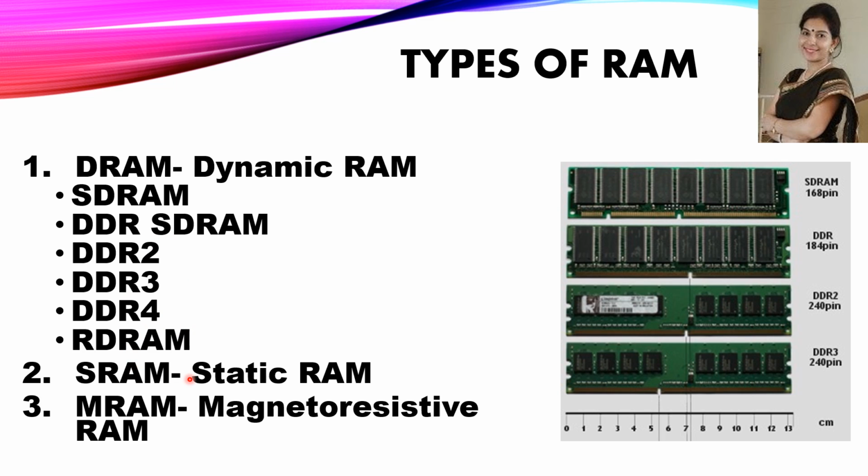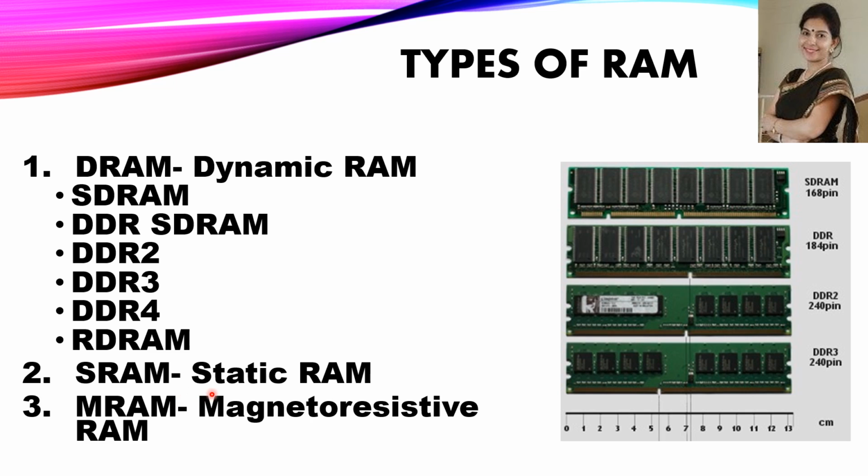Now second is static RAM. As I've told, dynamic RAM is least expensive and mostly used, while static RAM is very fast. It is very efficient, but it is also very costly. So this RAM is only used in small amounts as cache memory. So what is cache memory? Cache memory is a temporary storage area made for better performance of your computer processor. So what happens? When the processor needs an instruction or data, it first searches for it in the cache memory. So it improves the speed of the computer.